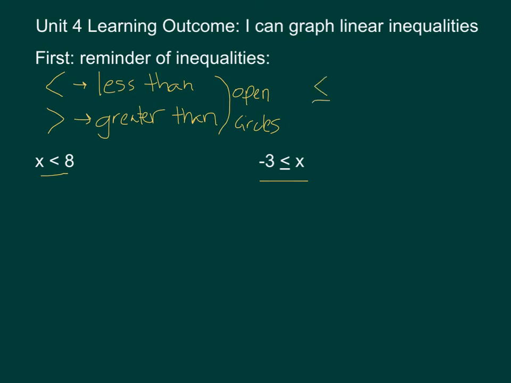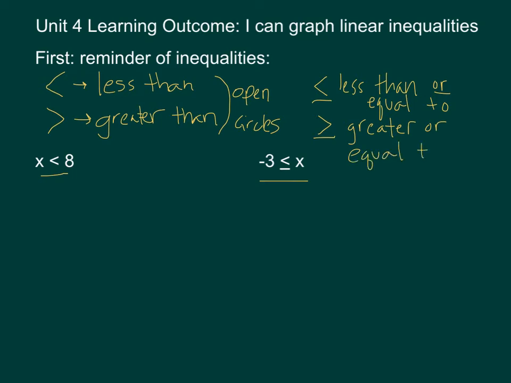The other thing you could see is this, which means less than or equal to. Or this, which is greater than or equal to. Both of these on a number line would be closed circles. Sorry, that is so messy. Okay, so if we are looking at something like this very first problem, we would read this as x is